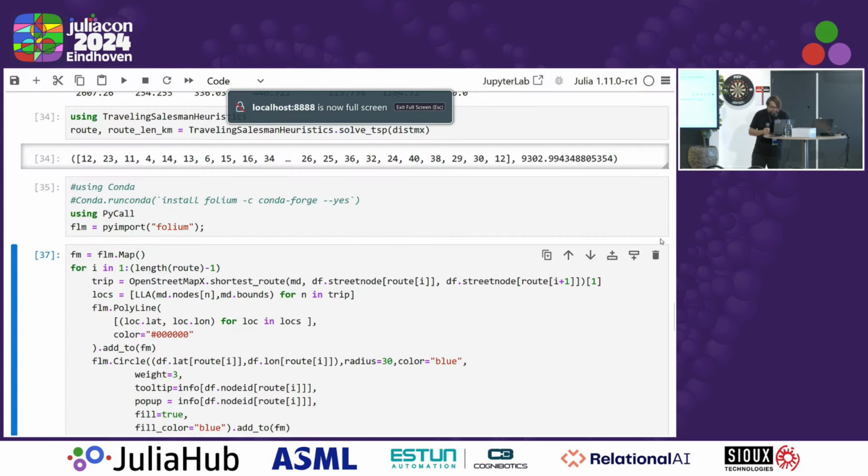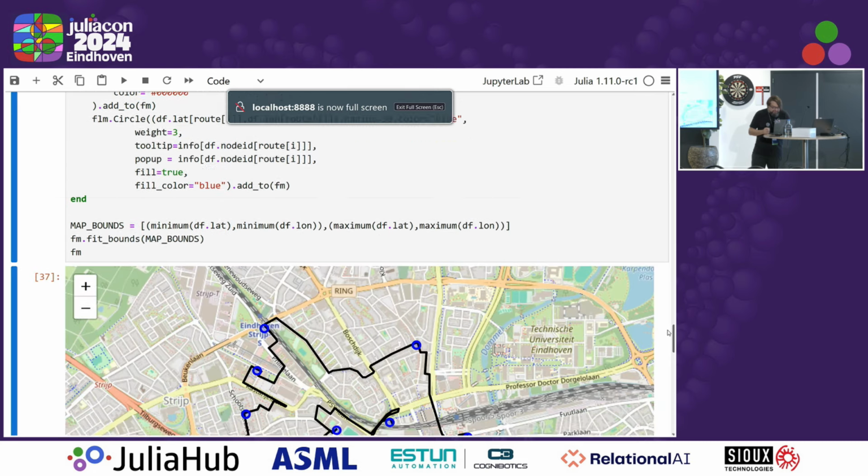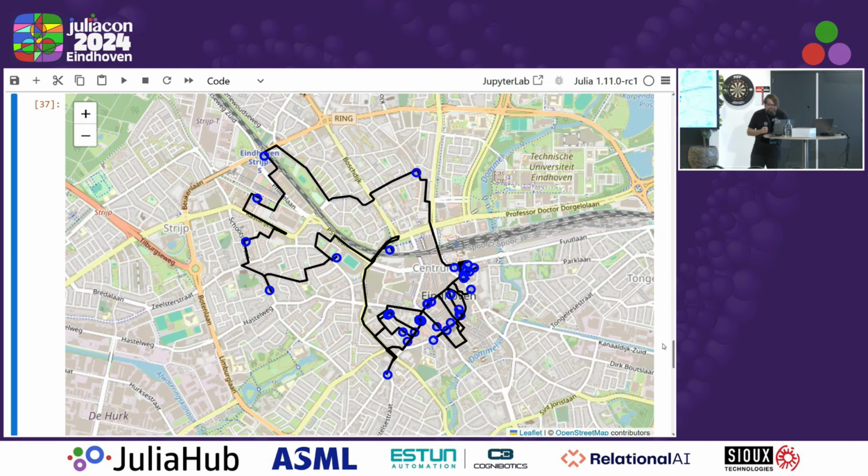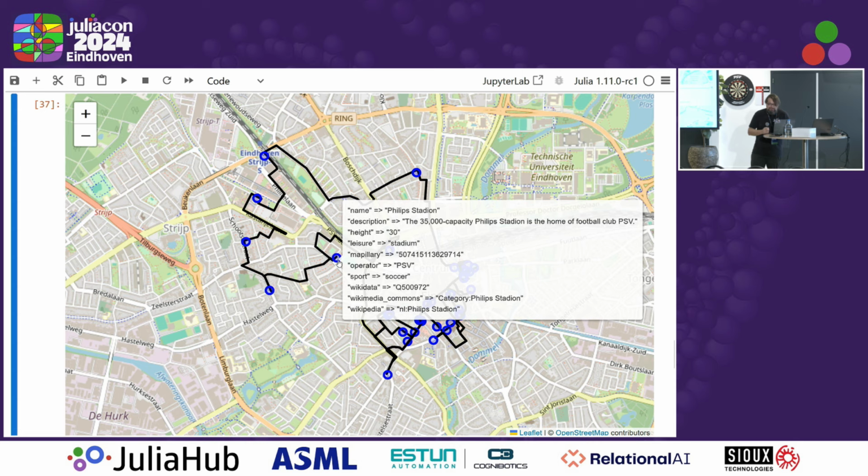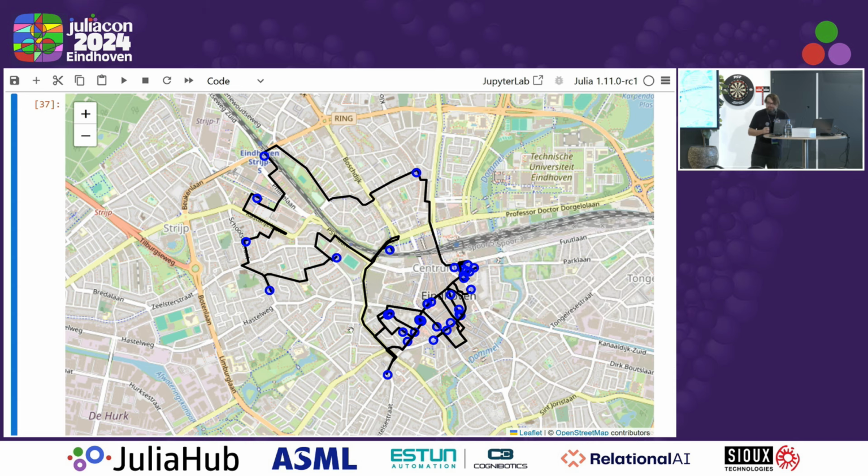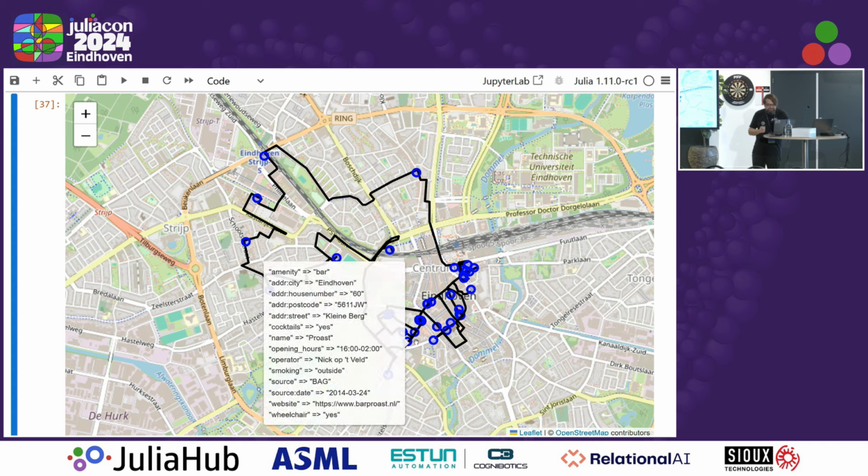Okay. Otherwise, we do not know how to work. Okay, so this is the plan. So here we start at the Philips Stadium, and these are all pubs within 1,500 meters. And then you can see these are all the data that we have just extracted using Julia from